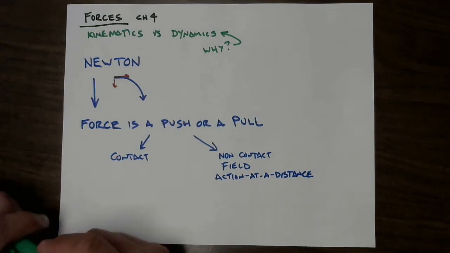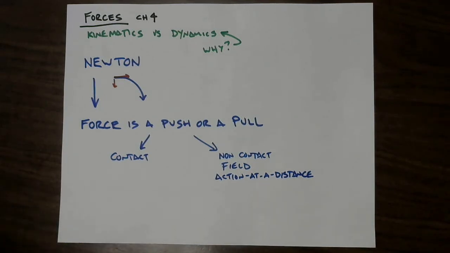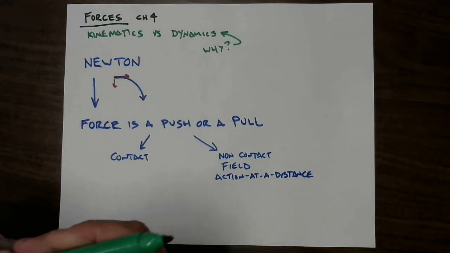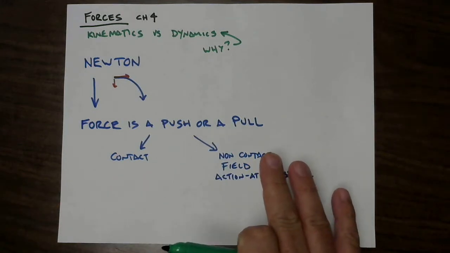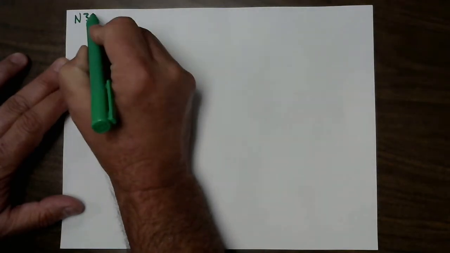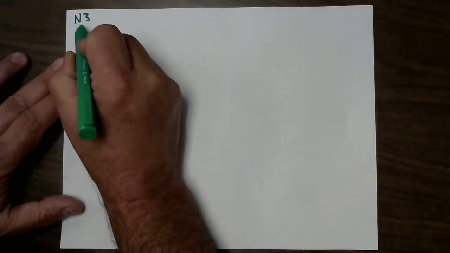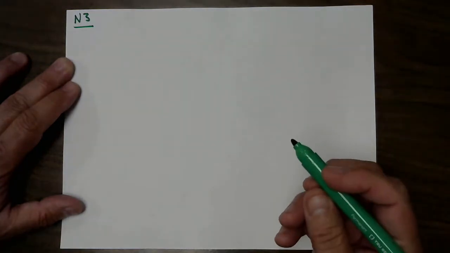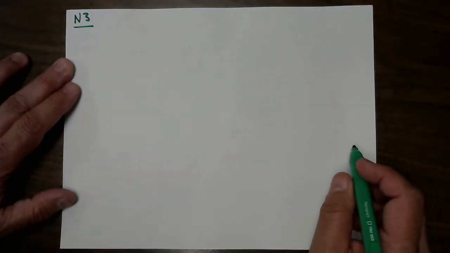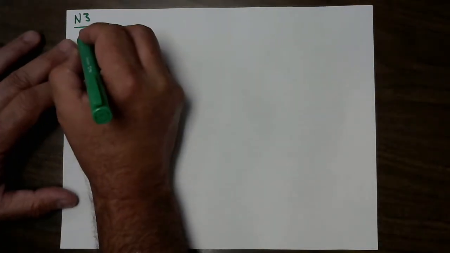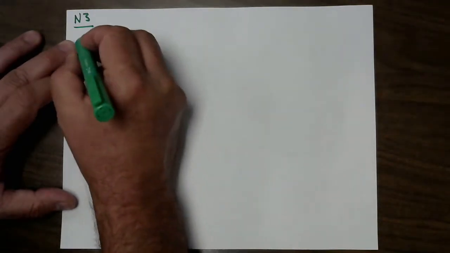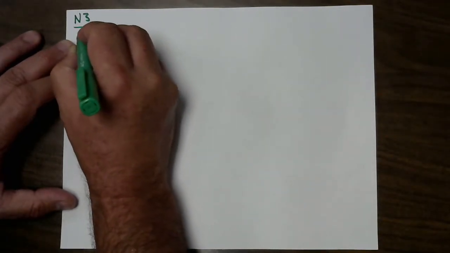So Newton, in codifying these ideas about force, he came up with three laws. And let me just get rid of this piece of paper. This is just me riffing. Let's do this for real. Okay, so Newton's three laws. I'll just put N3 up here so you'll know. And it's kind of interesting that a lot of scientists have written three laws. Kepler has three laws. I think Asimov in his science fiction had three laws of robotics. But law number one,